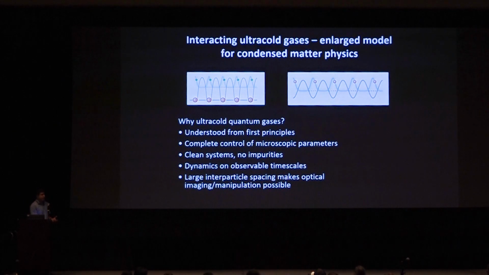The benefits of this platform are, first, the Hamiltonian we write down for the system is very well understood on the microscopic level with the precision of atomic physics, unlike the crude models that people use for condensed matter systems. Furthermore, we have control over all the parameters of this Hamiltonian, often in real time. For example, you can control the tunneling of the atoms in the optical lattice, changing the laser intensity or